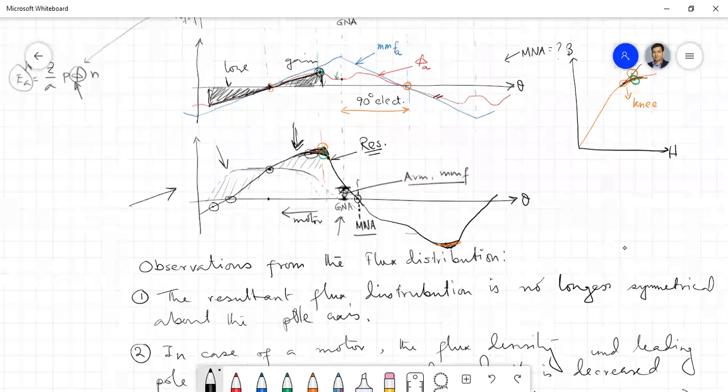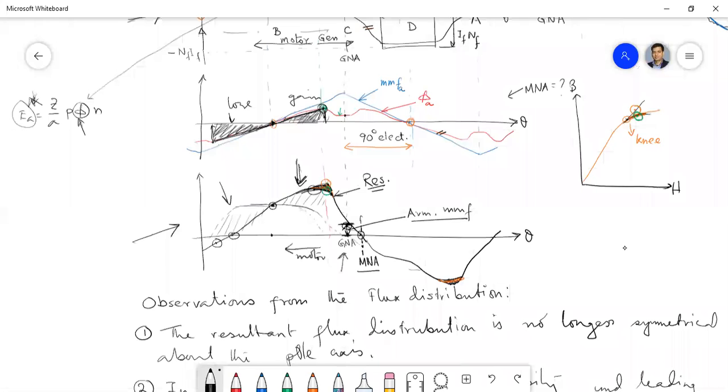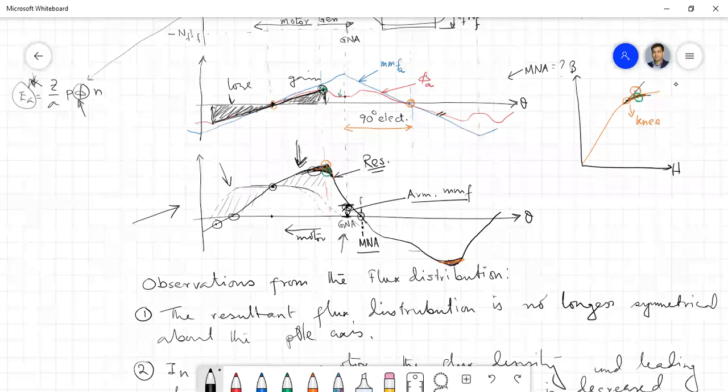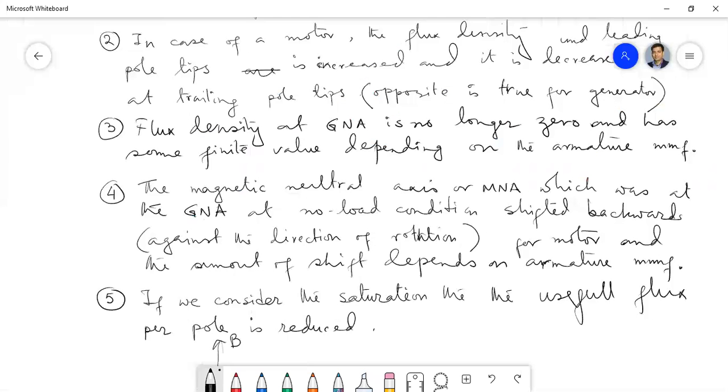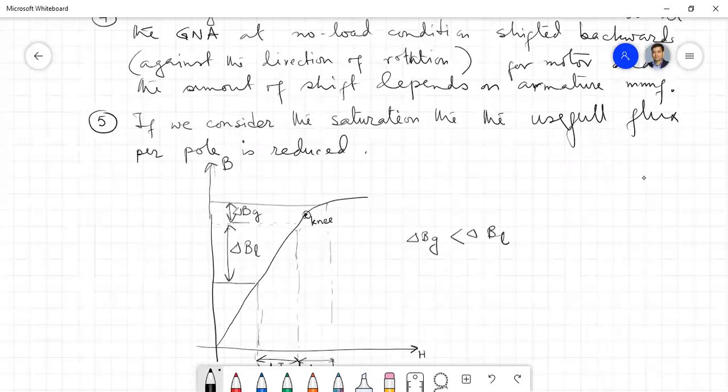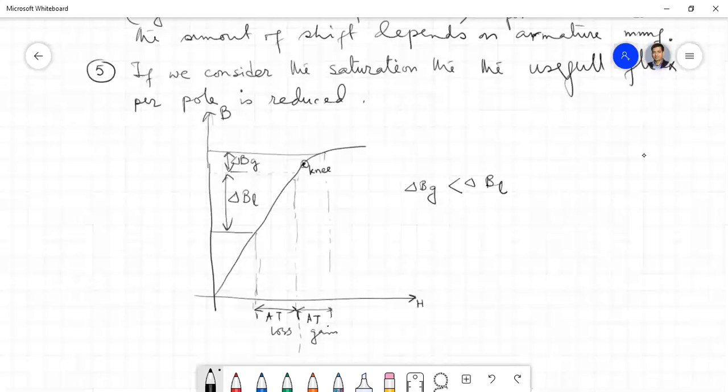এখানে এই এমএমএফটা লিনিয়ার, তাহলে ফ্লাক্সটাও অনেকটাই লিনিয়ার। তো আমি যদি ধরে নিই যে যতটা ফ্লাক্স এক সাইডে লুজ করছি ততটাই ফ্লাক্স আরেক সাইডে গেইন করছি, সেটা যদি হতো তাহলে ফ্লাক্স পার পোল চেঞ্জ হতো না, কিন্তু সেটা হচ্ছে না। সেটা কেন হচ্ছে না? ডিউ টু দ্য স্যাচুরেশন অফ দ্য BH কার্ভ। যদি আমি সেম ডেল্টা এটি ধরি,